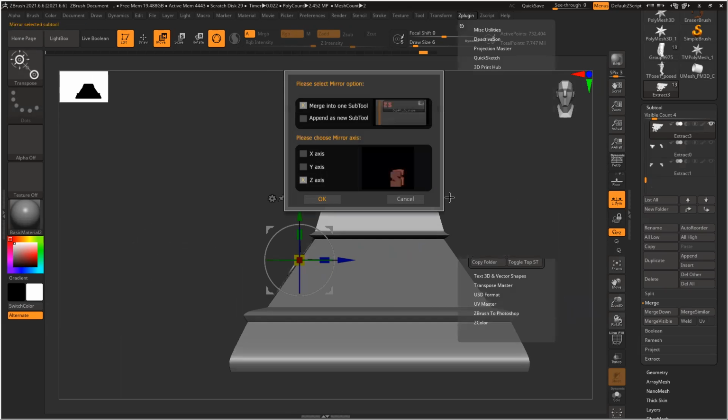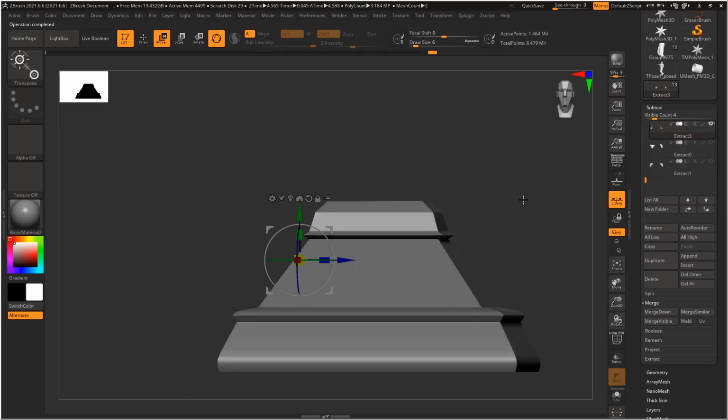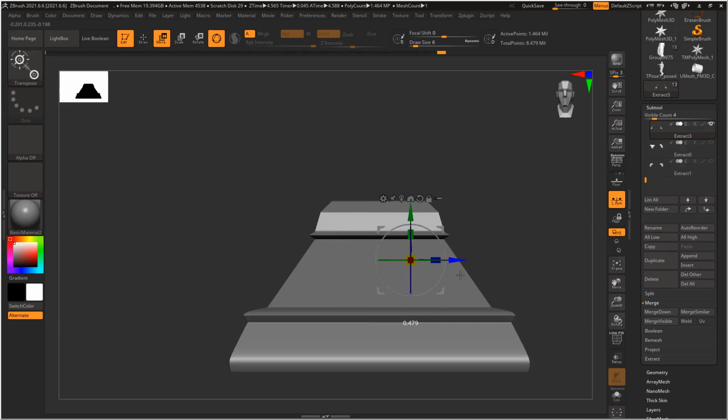So I'll do mirror X. Select this, invert. Okay.